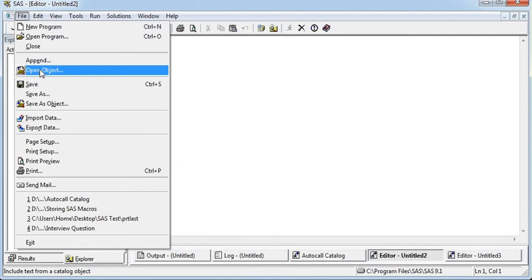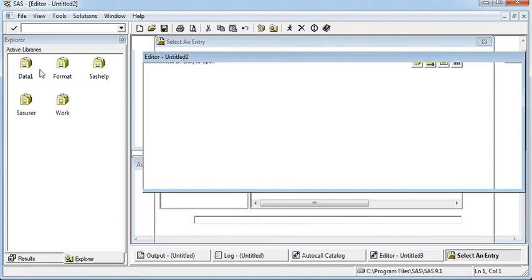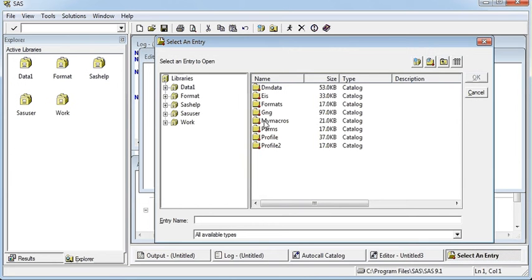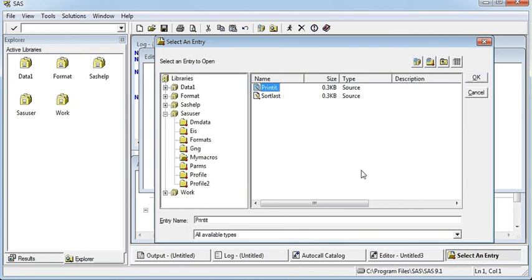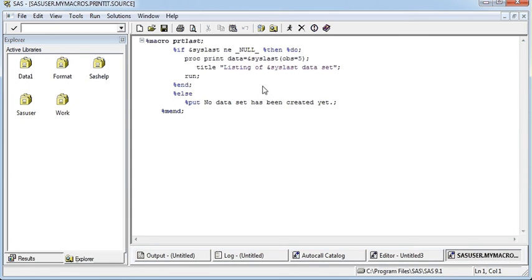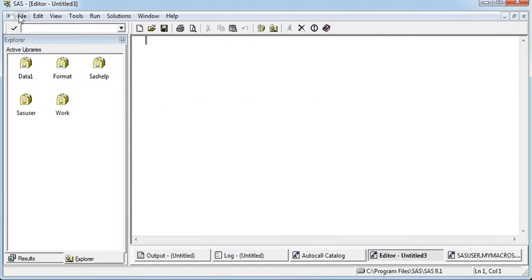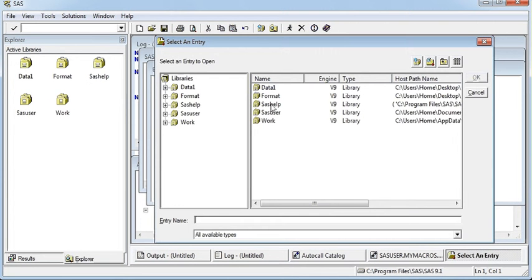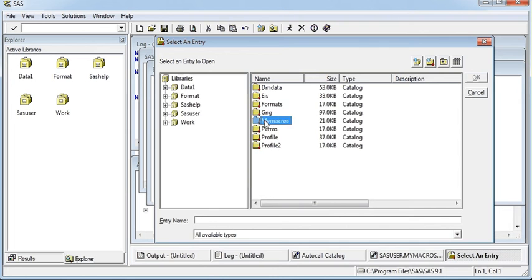I'm going to open this object and show you what I have saved. I've saved this in the SAS user library. Inside that, I've created this catalog, my macros. In that, if you see, print it, I'm going to open this. This is like this, and the other one I'm going to open too. You can go to open object and then